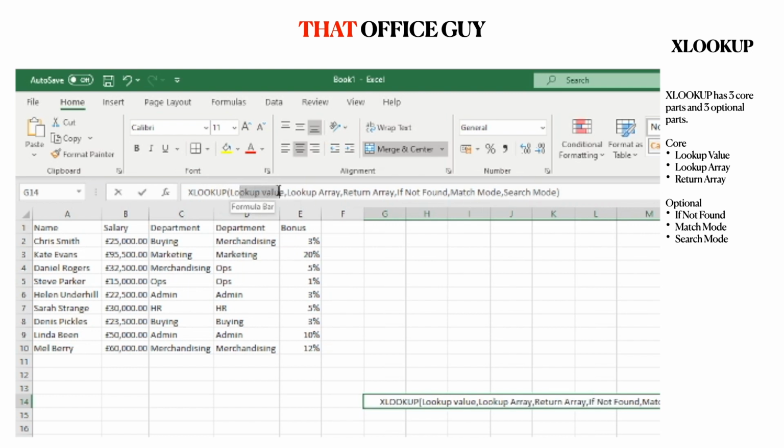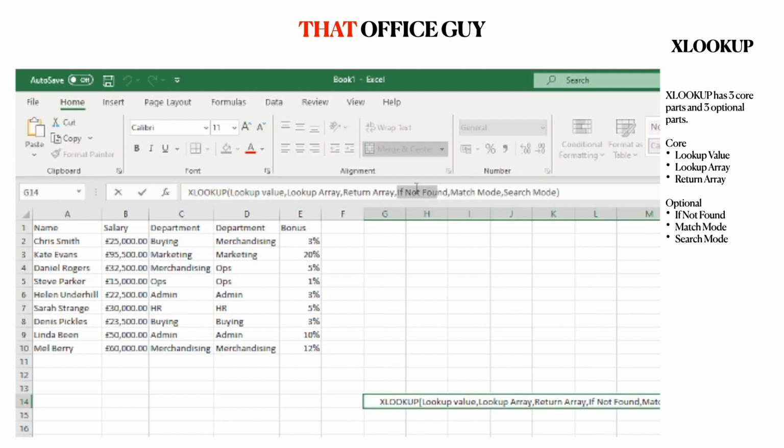So you have the lookup value of what you're looking for, the lookup array, or where you're going to find that lookup value, the return array, which is the results that you're trying to bring back into your document, the if not found, which is really good in the sense of not then having to nest a lookup value inside of an IFERROR formula,